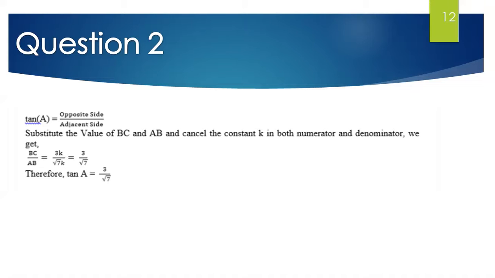So very easily we have calculated sin A, and given sin A we have calculated cos A and tan A. But if somebody asks you to find cot A, since you have calculated tan A, you will just take the reciprocal of that. So you will get the value of cot A. So here I can easily see my cot A will be root 7 by 3. Right, they are the reciprocal.